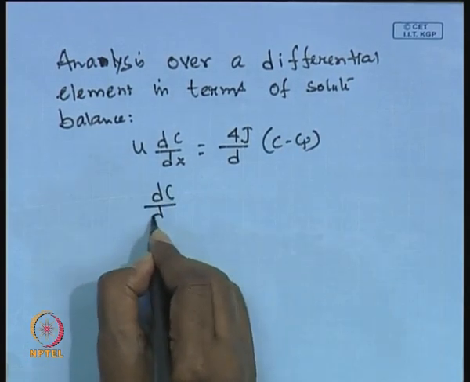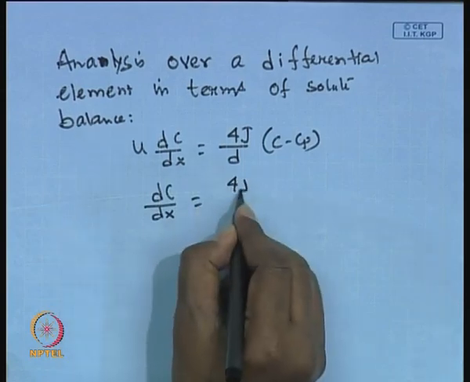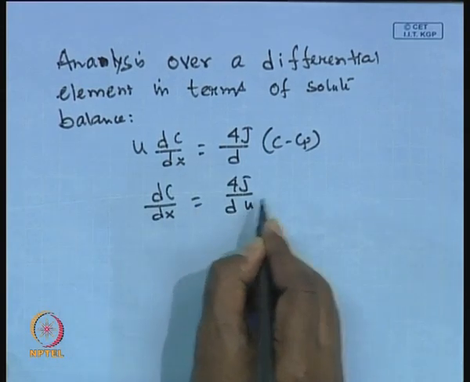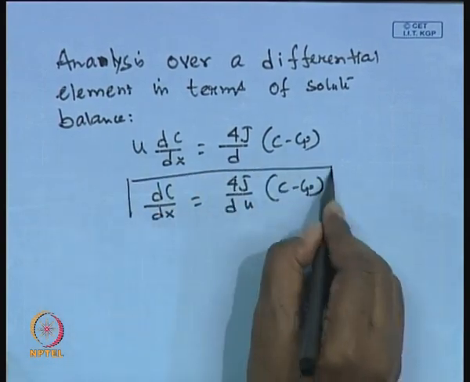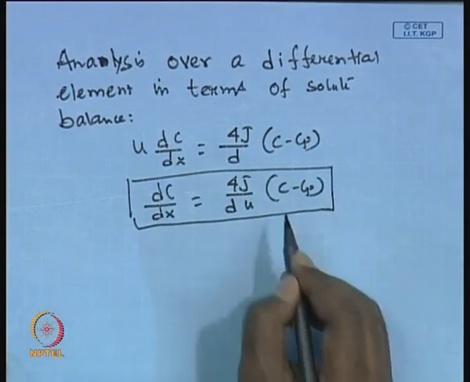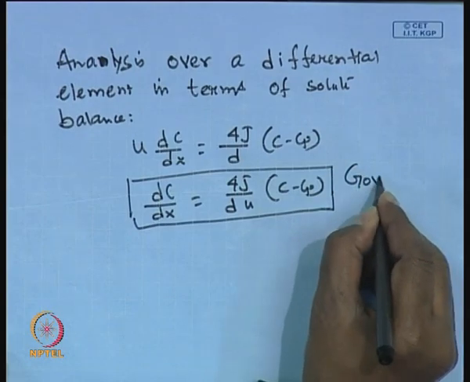So, del c del x will be 4 j over d u times c minus C p. So, these will give you the governing equation of concentration